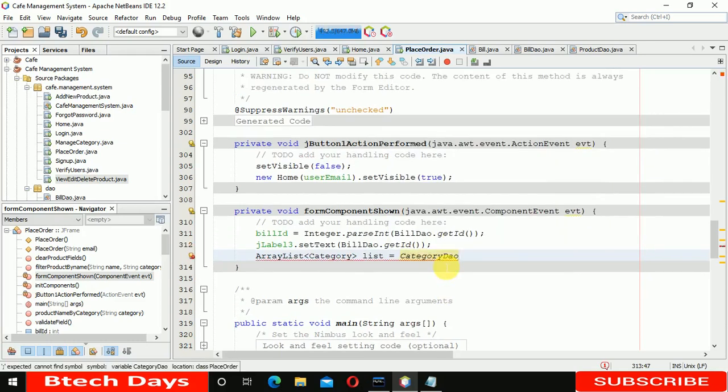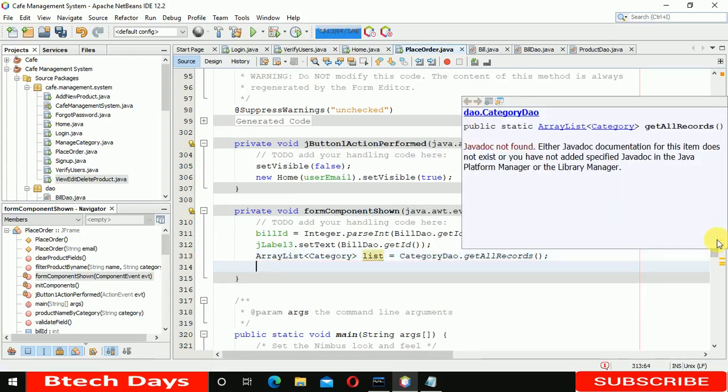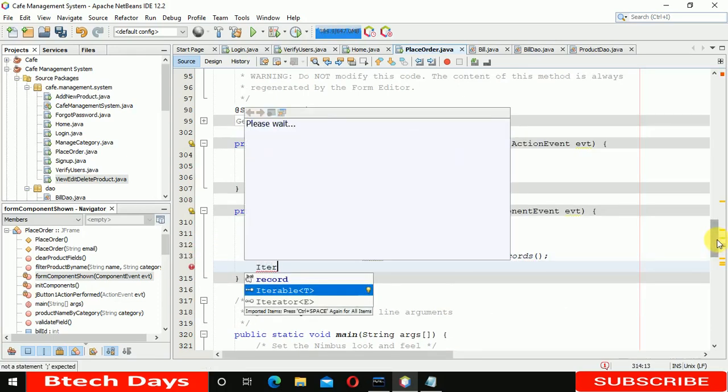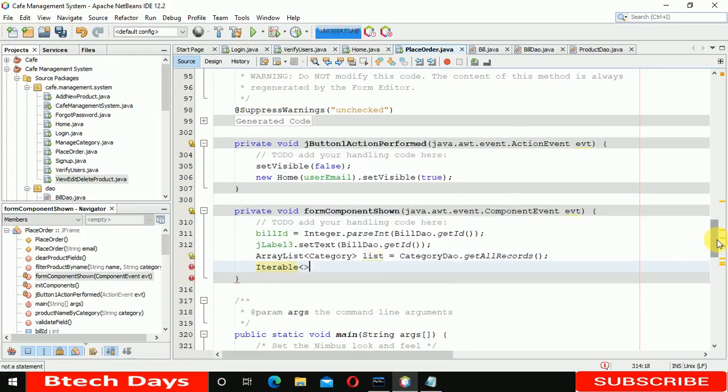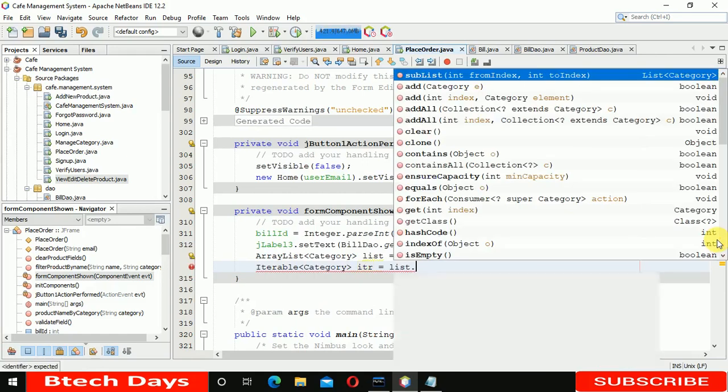You have to import it manually if you want, or just press control spacebar twice. It will import it. So get all records, we have to call this method, and here we have to call the iterator, so category type itr, so list dot iterator,